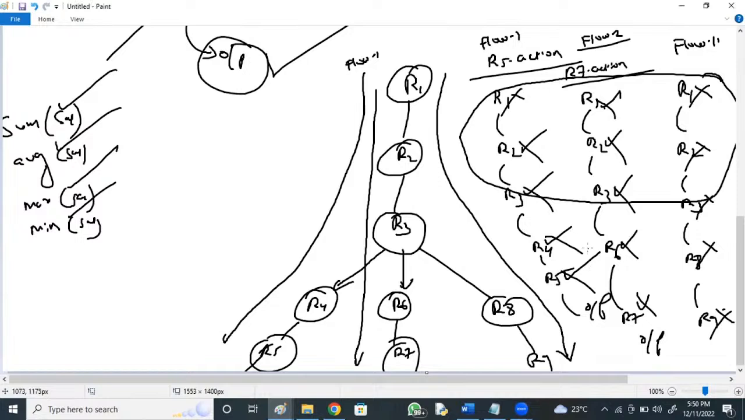When you are executing the first flow, why are you re-executing these first 3 steps again? Already you have executed them here, right? Means here you are